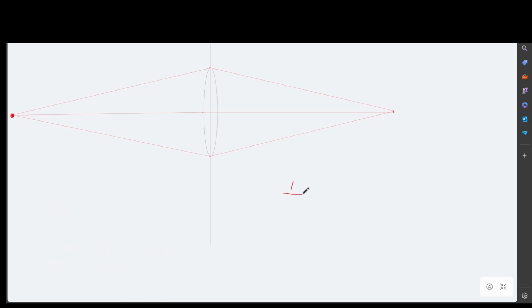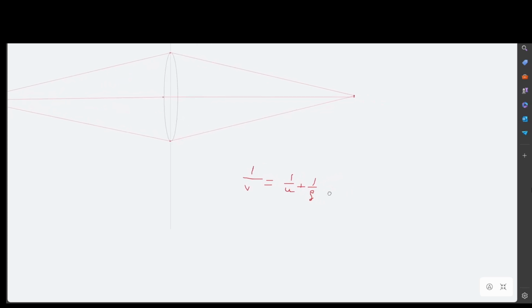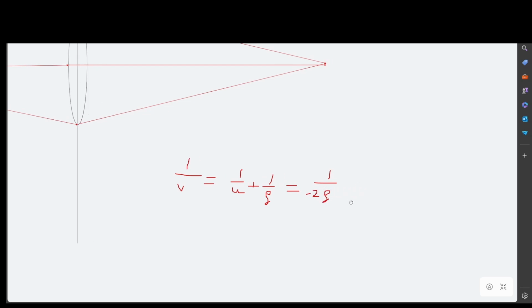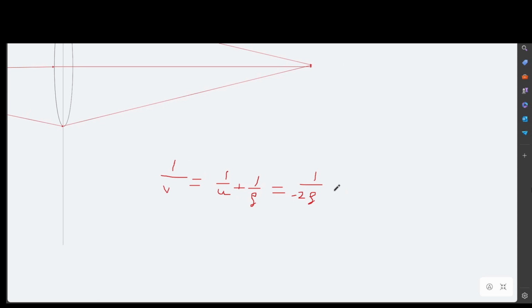If you remember from last time, 1 over v equals 1 over u plus 1 over f. So in this case, if we imagine that the object distance u is minus 2f, we substitute that in: 1 over minus 2f,